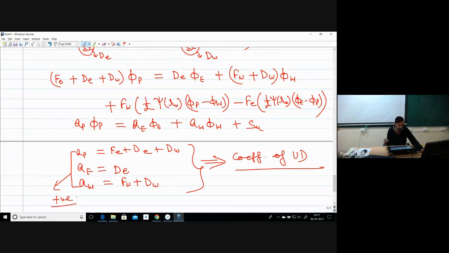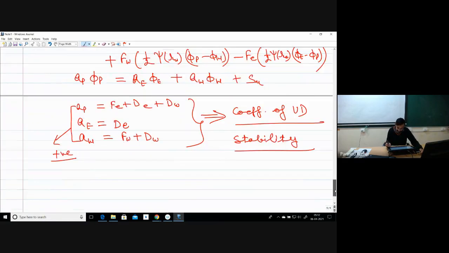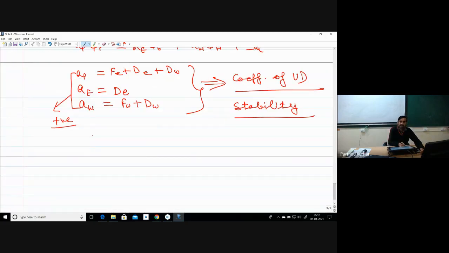And so if all the coefficients are positive, in that case, what will be happening? My scheme will always be ensuring the stability. So it will always be stable. But we are having some additional source term over here, and this particular source term is actually having a few negative coefficients also. So what we will try to see, like I have explained while talking about the QUICK scheme, is one concept of deferred correction. Do you remember the concept of deferred correction?